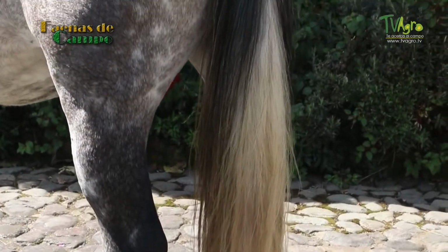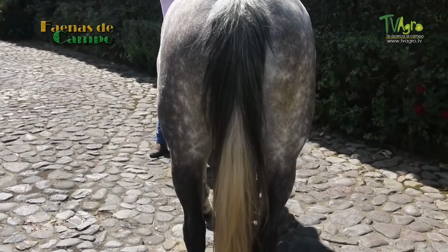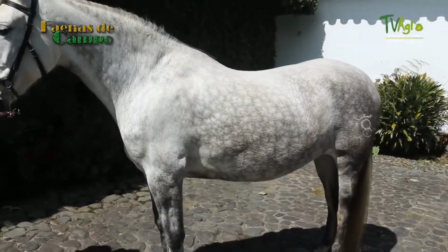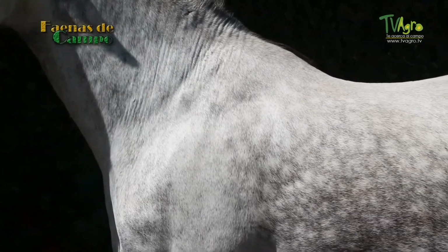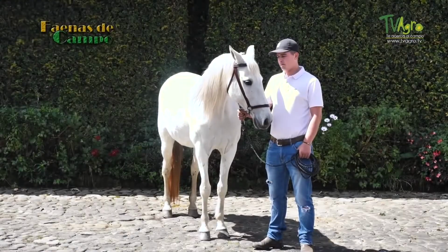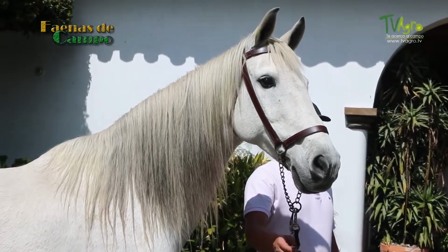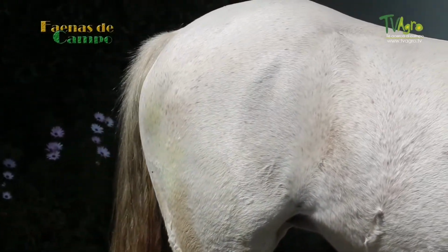Which is what they present as we see here, that is at this moment, that is being shown on the back of the mare's leg is called petercle, or as if they had thrown a few pebbles of lime, and that many times when they present this tonality on the loins and on the leg they are called estaninos, tordo estanino. Which is how in reality, where the term tordo comes from, because in Spain it is called the starling. It is called tordo, but if we were not etymologically searching, it would be for the bird that is the starling, in which the Spaniards call it tordo. To that bird,